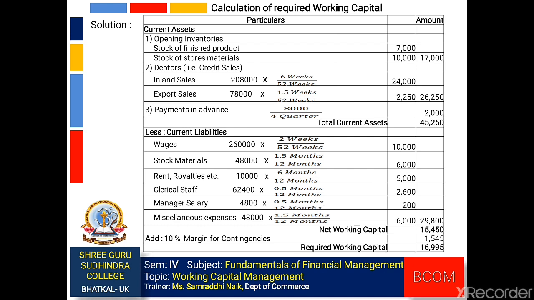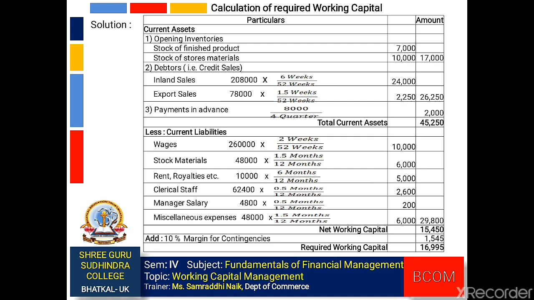Second one, debtors. In that, inland sales with 6 weeks credit. Total amount of inland sales is rupees 2,08,000. Here we take only 6 weeks. Therefore, the inland sales amount should be 2,08,000 into 6 divided by 52 weeks, because one year equals 52 weeks. To convert it into 6 weeks, we must consider 6 divided by 52 weeks. So the amount should be